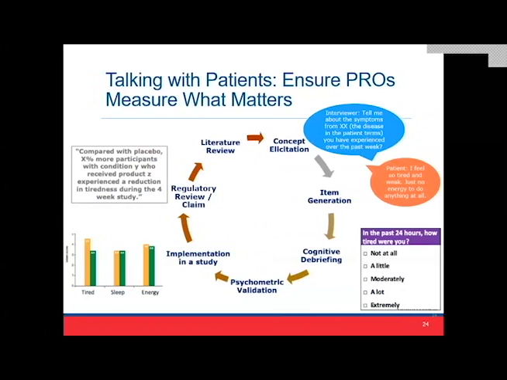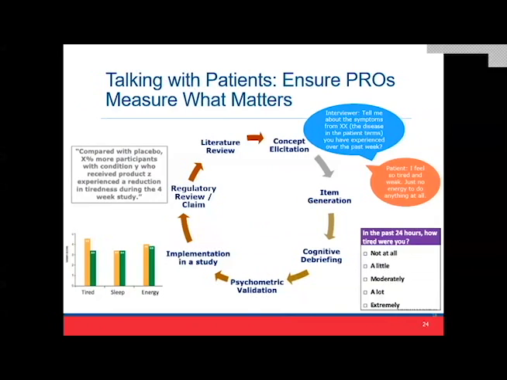So this is putting that into a more holistic and visual representation of showing that we start with things like the literature review. We do the concept elicitation. We talk to patients. We talk to caregivers. We talk to families. And we are doing our due diligence to get to the point where we are able to generate those items, and we're able to then put together a draft instrument, and then we do cognitive debrief where we go back to patients and make sure that what has been put together in terms of a draft instrument makes sense to them